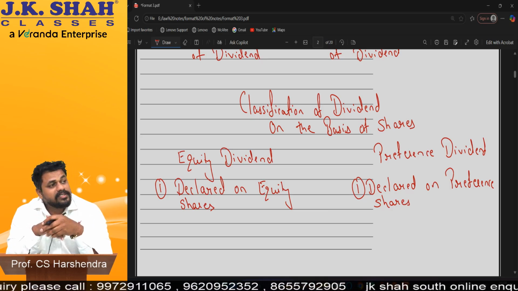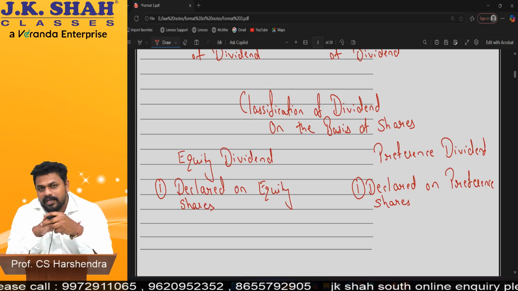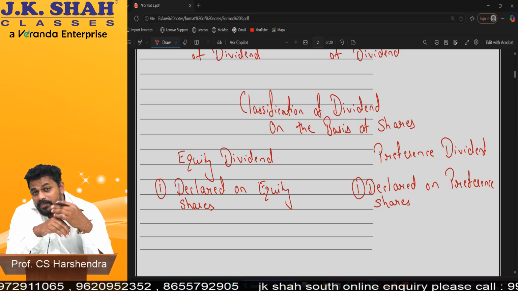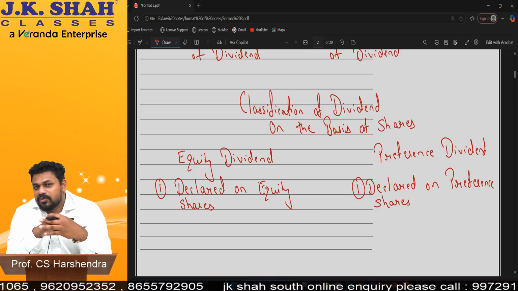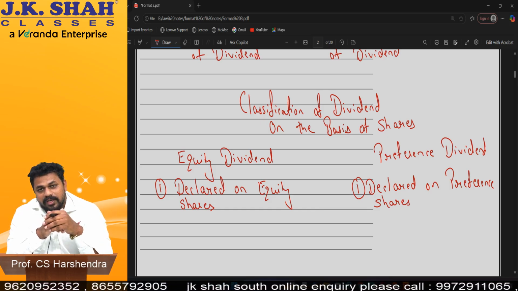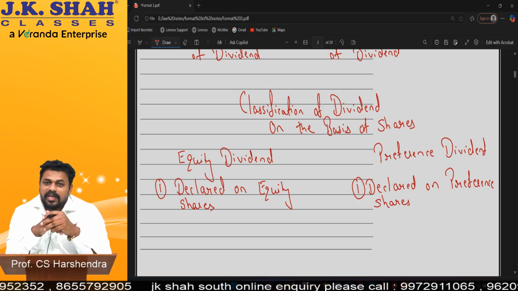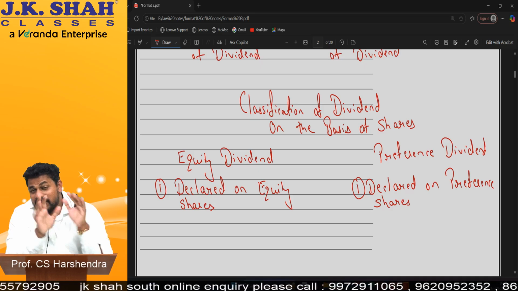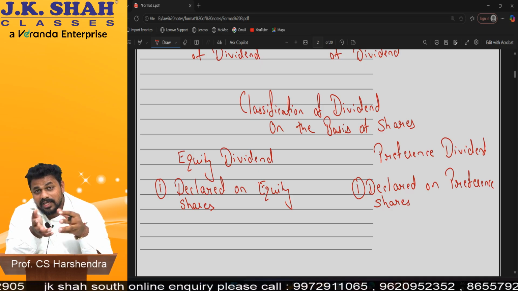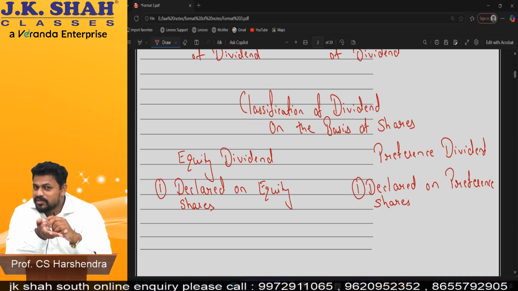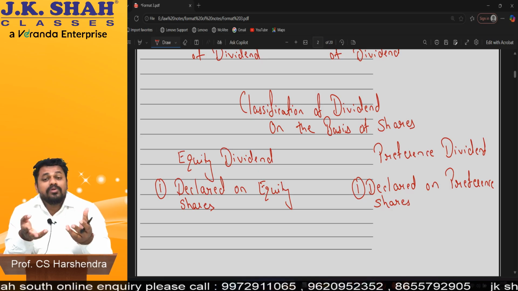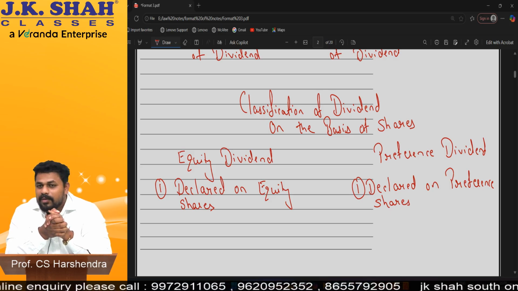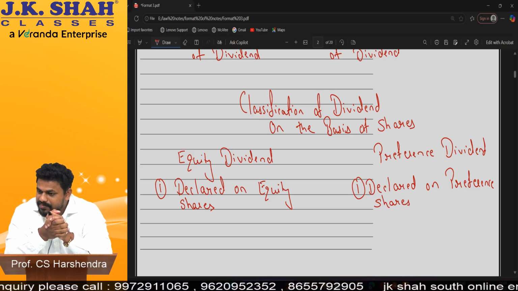One more example. The company had a contingent liability. Someone had filed a case against the company, and if the company loses that matter, the company has to pay 2000 crores. It is a contingent liability. The company did not pay dividend in any year, but the company won the matter in the Supreme Court. Now there cannot be any appeal. So now, is there any contingent liability of 2000 crore? No. And in order to say thank you to the members, the board of directors declared this dividend. This also can be possible. Am I clear? Understood, Jairam?